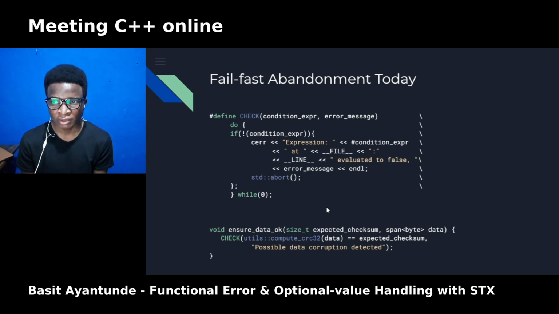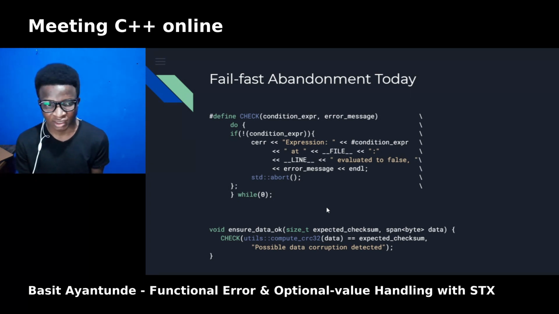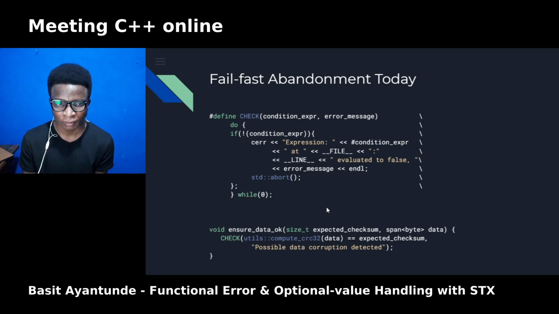An extremely common approach to this, which I've seen in code bases, especially ones I've worked with, is with macros. And here is how it is commonly used today. It gives the file information, the expression that caused the error, the line, the error message, and many others, which could be very useful, especially if the user is giving you a report about the error.